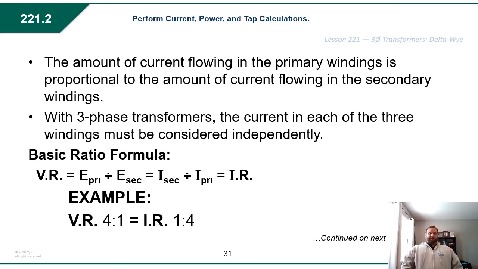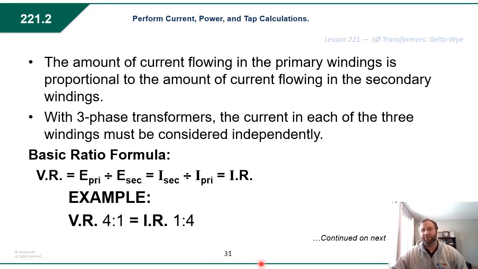Again, bringing back to turn ratios. Turn ratios are very important. Not only do they help us understand the transformation of voltage, but it also can be used to determine what the transformation of amperage would be. For example, if I have a 4-to-1 transformer, that means its voltage ratio is 4-to-1. To determine my amperage ratio, I simply flip that. Because I have a 4-to-1 voltage ratio, I would then have a 1-to-4